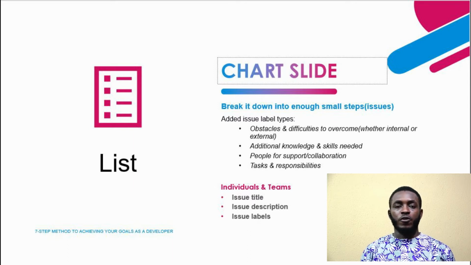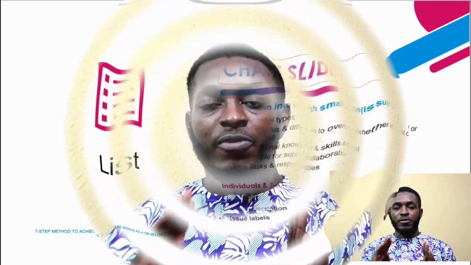GitHub already has a couple of predefined tags on their site when you come to create an issue. But of course you could add to them, or you could modify the title and the description, and of course their color. It's another lovely thing. So you could add additional tags, or edit the existing ones, to include